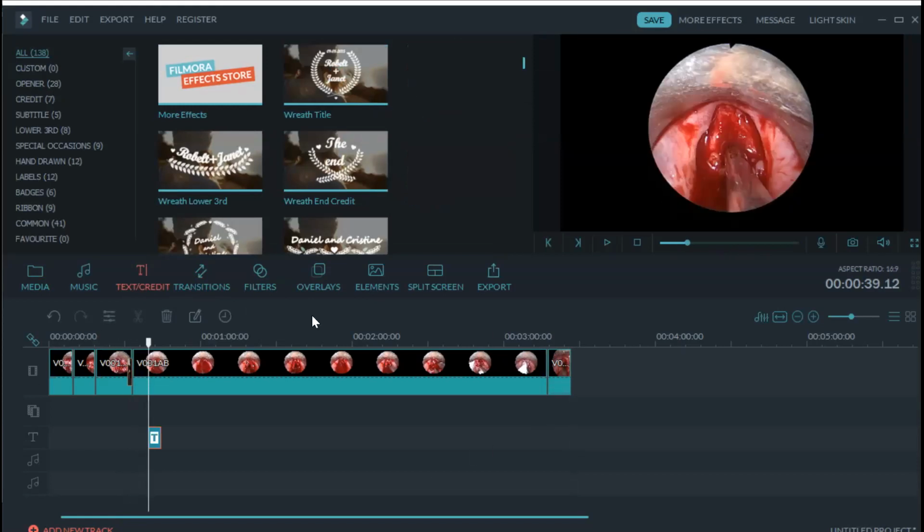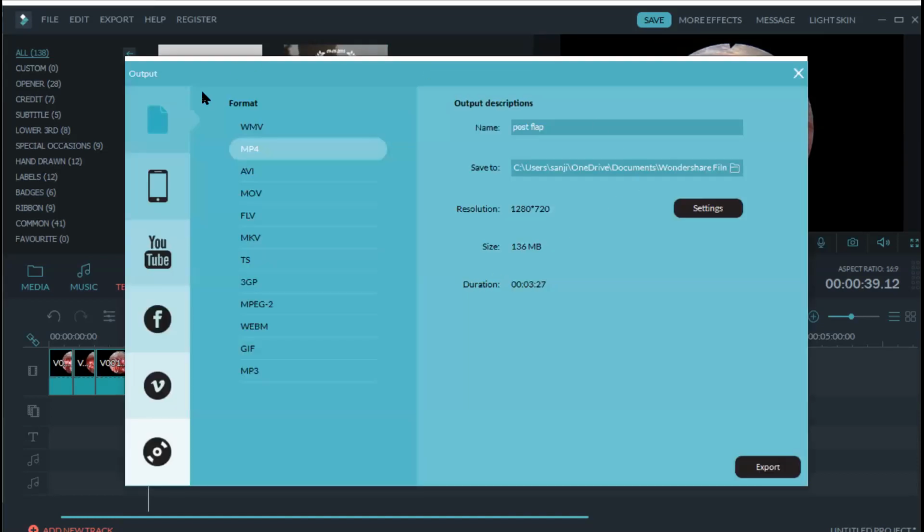Once you are done with everything in your video, the next step is to give an output. So what is the most important aspect? You just click export. Then this dialog will appear. It's a very, very easy thing. See, now you name the surgery that you have done. So now this is recurrent respiratory papillomatosis. I want to give the patient's name, Bhagya Lakshmi, that I have done.